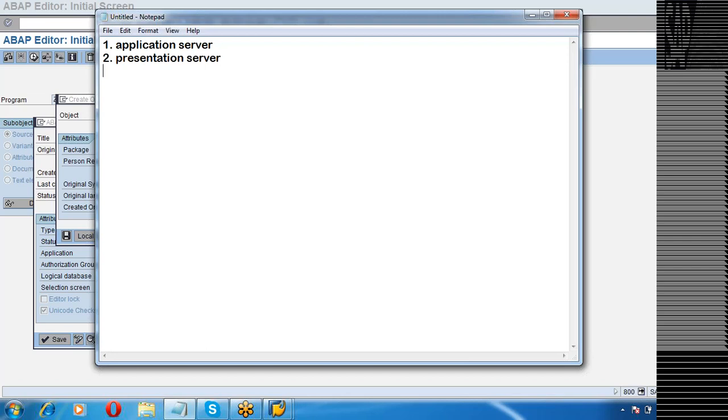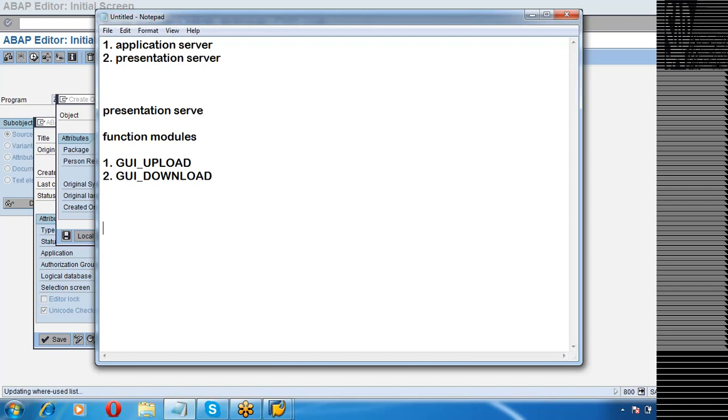When we want to read files that are in the presentation server, we have standard function modules, GUI_UPLOAD and GUI_DOWNLOAD.